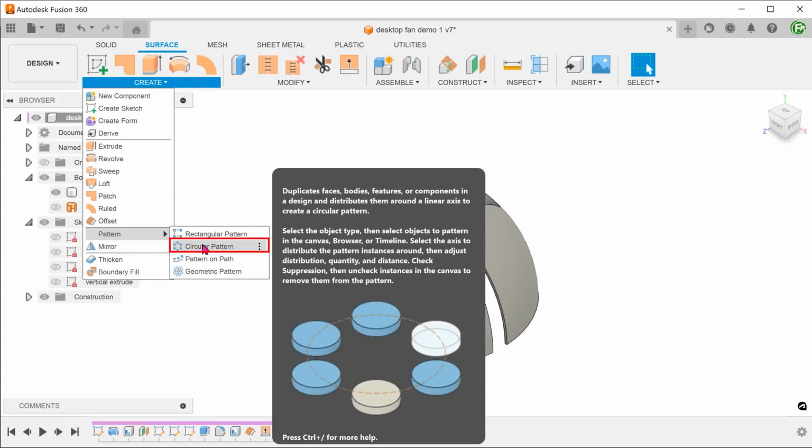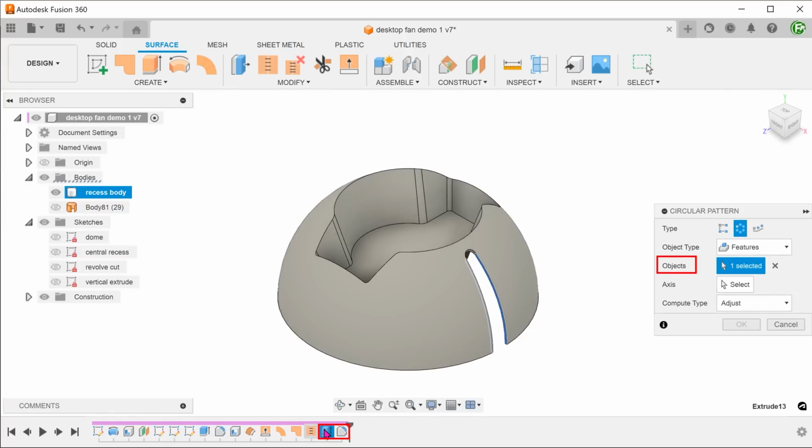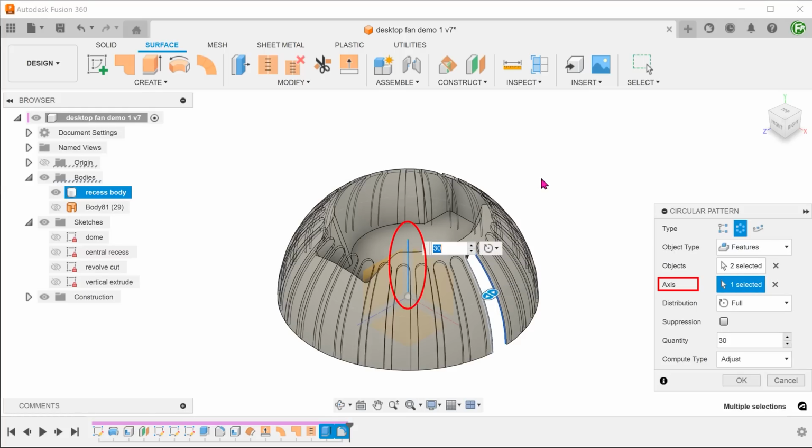Begin a circular pattern. Set object type to Features. Select the extruded cut and the full round fillet from the timeline. Set the y-axis as the pattern axis. Adjust the quantity.